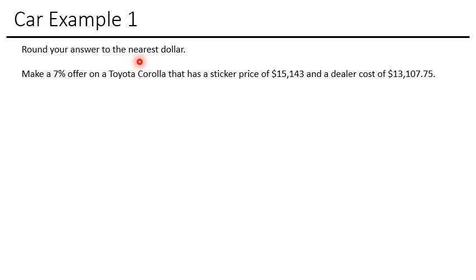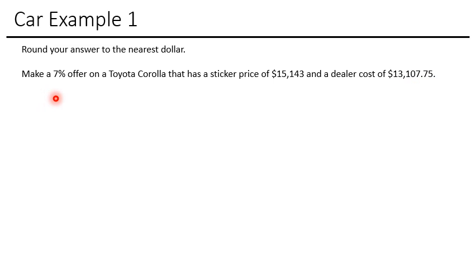So in WebAssign, you've probably learned now that formatting of your answer can really throw things off. You can have the right answer and just have it formatted a little wrong, and it can be wrong. So just make sure you read the details carefully. All right, make a 7% offer on a car that has a sticker price of $15,143 and a dealer cost of